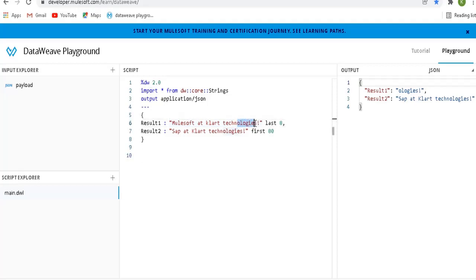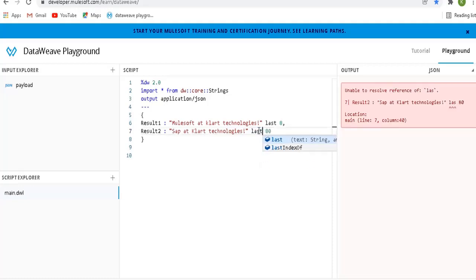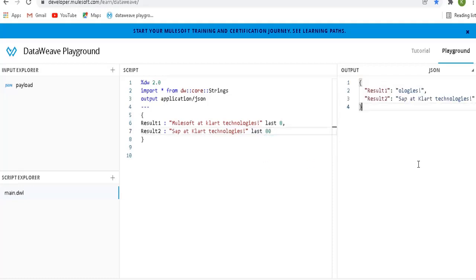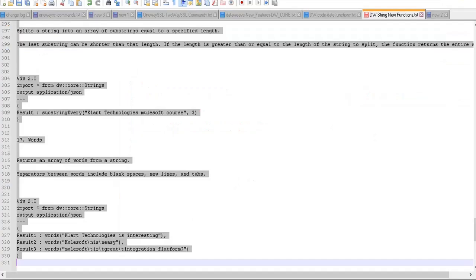So OLOGIES and this exclamation mark. Likewise it will give you the last 8 letters. The same condition applies to the last method as well: there are no last 80 characters, it has only 20 characters overall, so it will send you the overall string as a response.